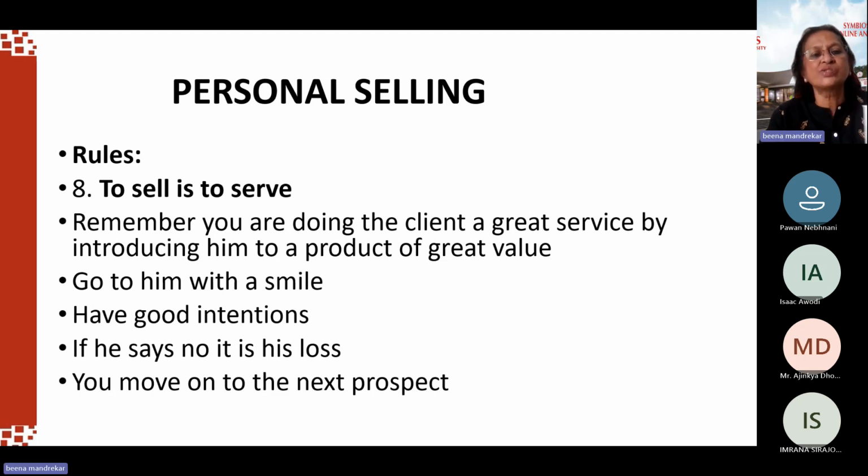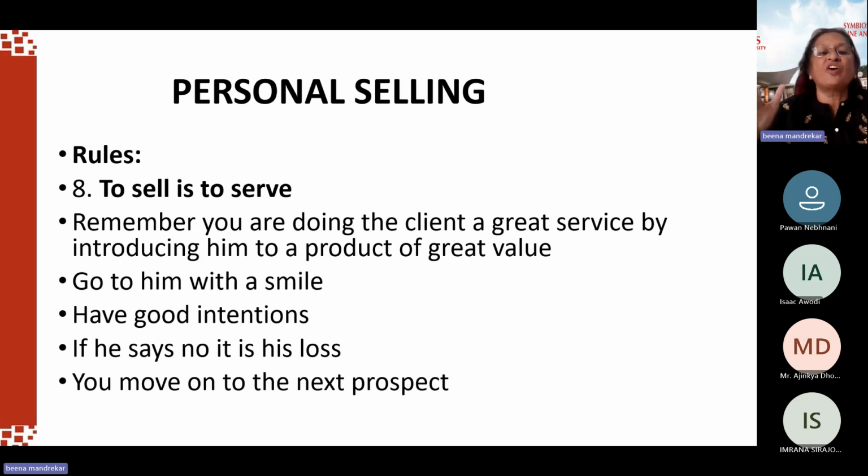To sell is to serve. Remember, you are doing the client a great service by introducing him to a product of great value. Go to him with a smile, have good intentions. If he says no, it is his loss. You move on to the next prospect. Remember this. Don't go to him thinking,